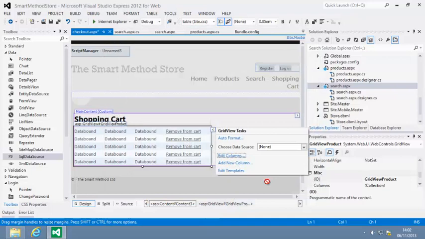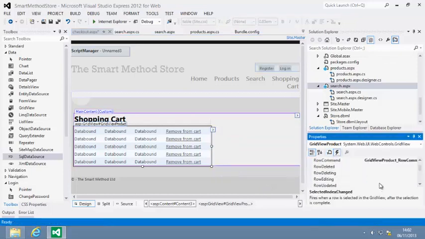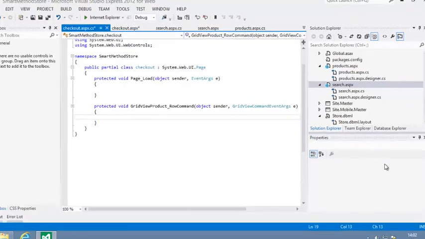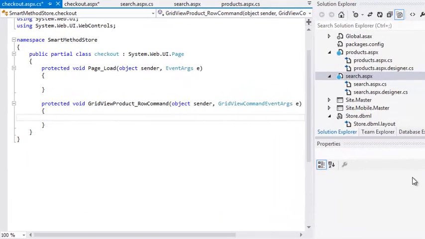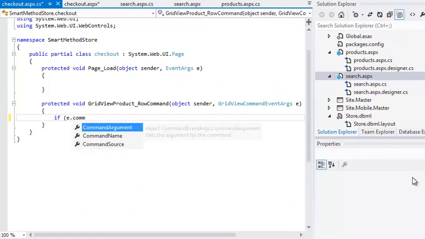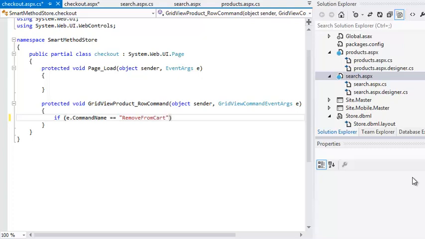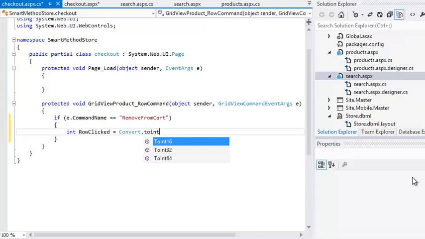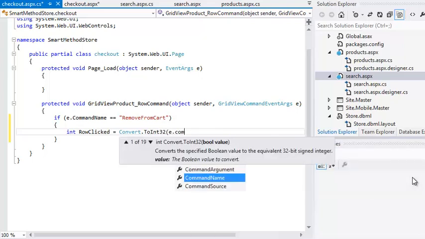Now you'll need to add code to the row command event handler to remove items from the cart when the Remove from Cart buttons are clicked. Add a row command event handler to the grid view control and add the following code. If e.CommandName == "Remove from Cart", int rowClicked = Convert.ToInt32(e.CommandArgument),